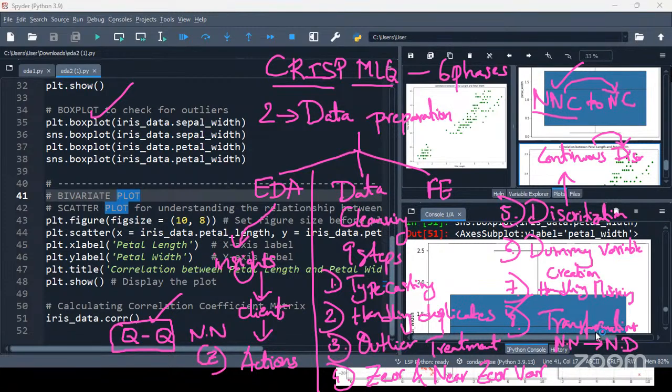We have manual transformations, as well as automated transformation techniques. We can apply log transformation, exponential transformation, Box-Cox, Yeo-Johnson. Different transformation techniques are available. We use these techniques and perform transformations, and the data gets transformed.